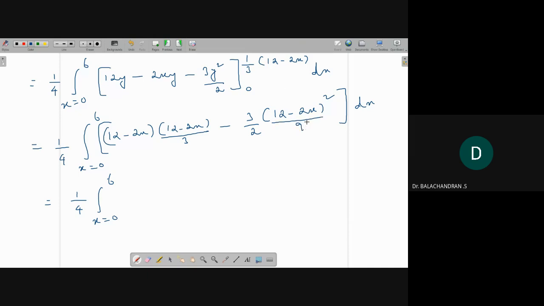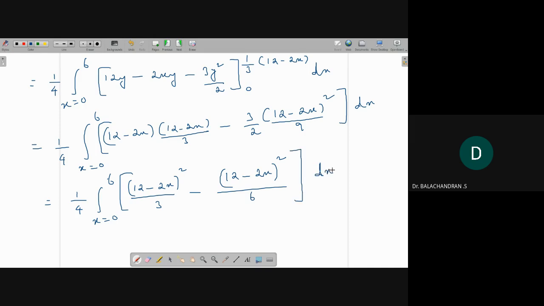Thank you, Pumachandra, by 9, because here I have 3. So this is actually what? 12 minus 2x whole square by 3 minus 12 minus 2x whole square by 3 by 18, so 6